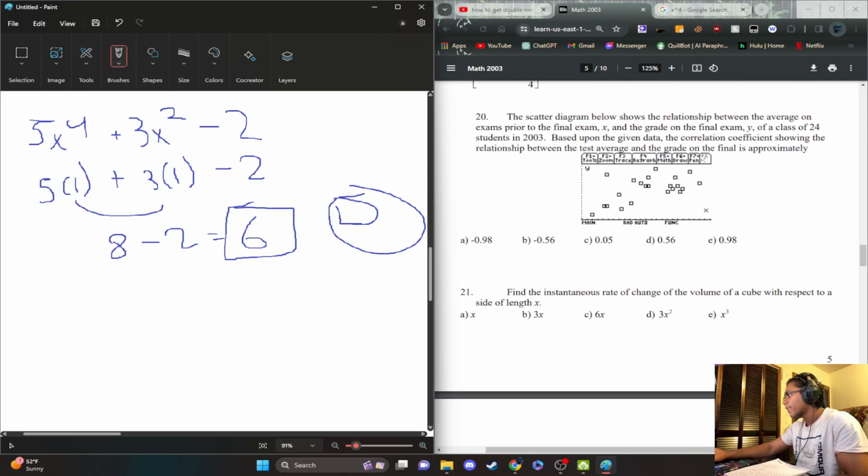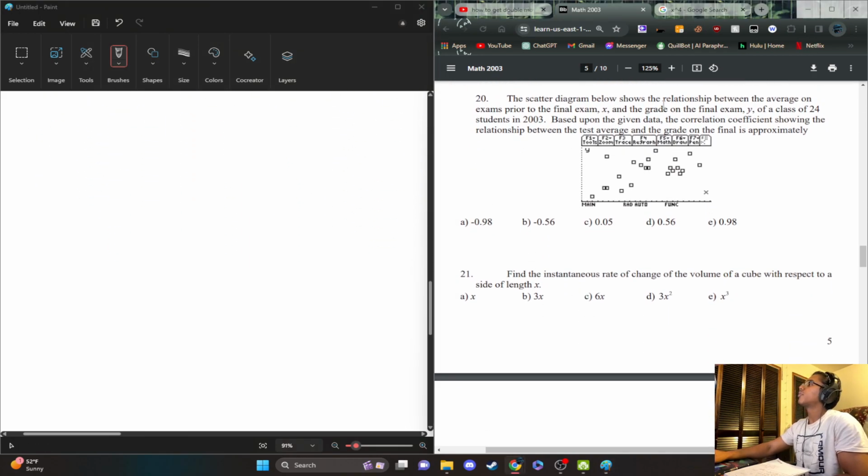Okay. Now this one is more of a logical question. The scatter diagram below shows the relationship between the average on exams prior to the final, X, and the grades on the final exam, Y, of a class of 24 students in 2003. Based on the given data, the correlation coefficient showing the relationship between the test average and the grade on the final is approximately. Okay, first of all, to understand the rule,